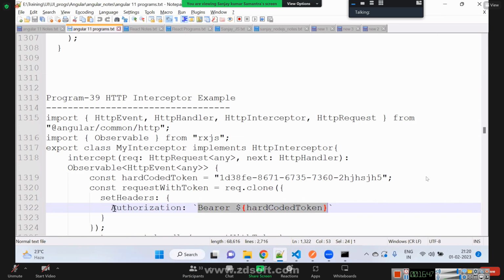Now, if you go and check your request, this is the request, localhost employees. In the request headers, we have 14 in request header, and in response header we have 14. If I expand request header, I have things like accept,